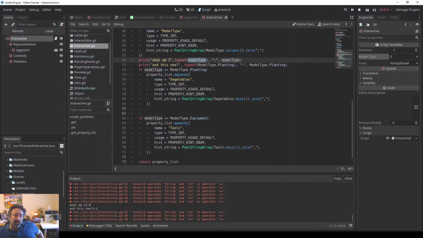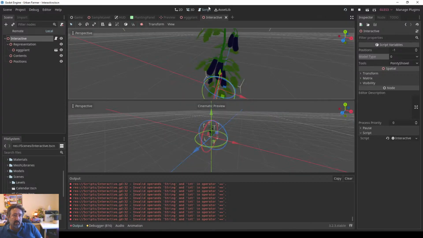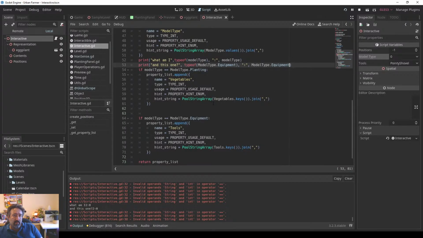This one should be okay because, if I change this, this should both say 2020, which means this case should